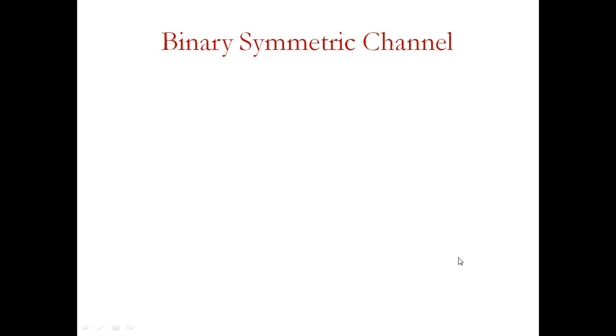Having this information about channel capacity, let us now find the types of channels, how each channel is defined, and how to find its channel capacity. Let us first start with the binary symmetric channel, which is the basic channel we will use throughout digital communication. Binary means two: either transmitting 0 or transmitting 1. Symmetric means sending binary symbol 0 is equivalent to sending binary symbol 1. So we have that type of channel, which is graphically represented like this.